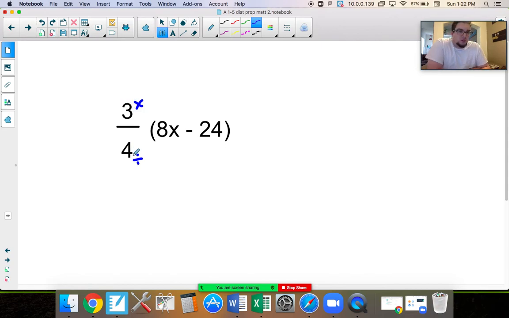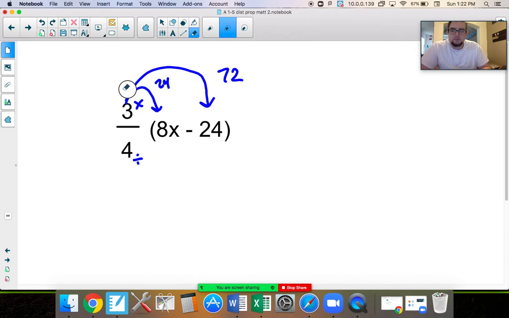I actually like to start with the number on the bottom because it makes the numbers larger or smaller. Because if I start with the 3 times 8 gives me 24, and then 3 times 24 gives me, what is that, 60, 72. And then I have to divide both of those numbers by 4. It's not terrible. But if you start with the division first,